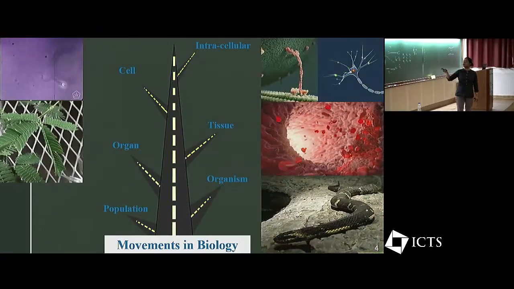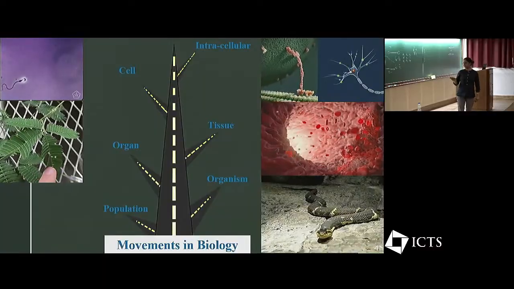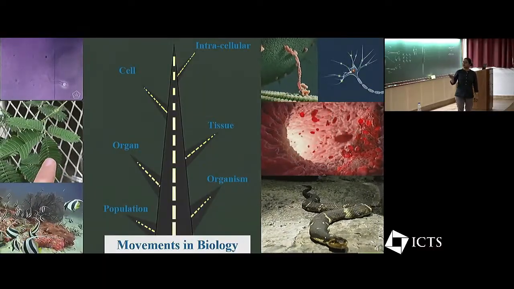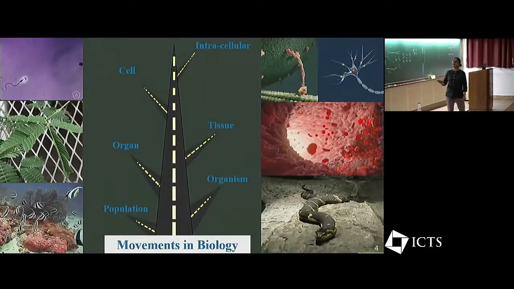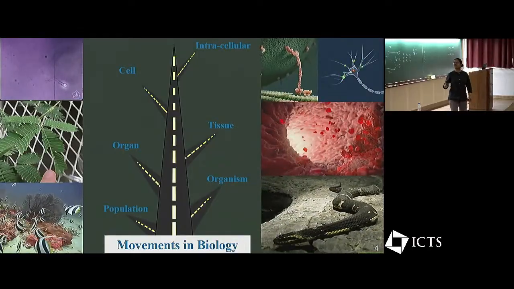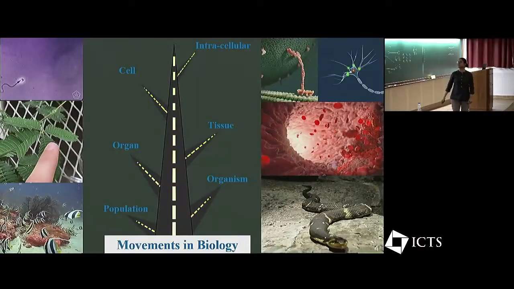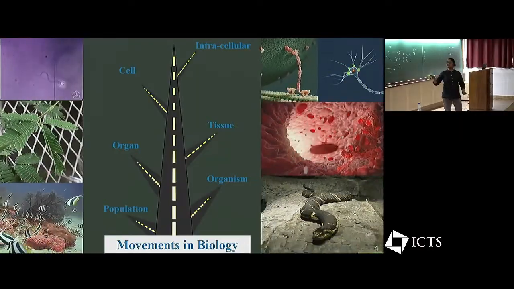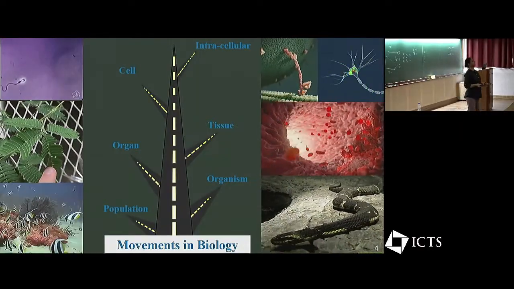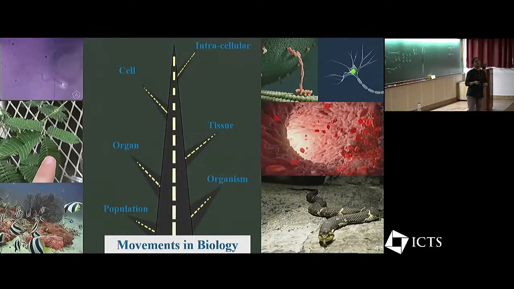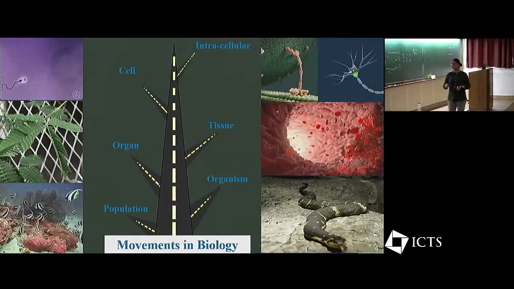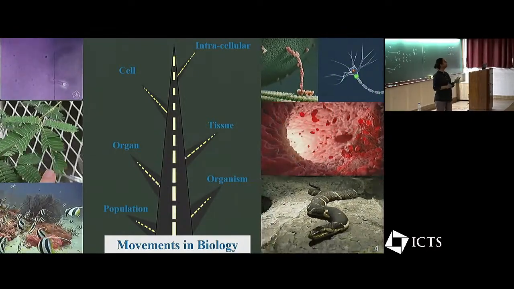Organisms, right? The whole organism going from one place to another, and groups of organisms which are interbreeding in a given geographical location, moving into a different location, right? At the level of populations. So this is very essential to life itself. And of all of this bunch of different movements, there's one particular thing that I want to get your attention to this afternoon. And that is in the context of relocation.